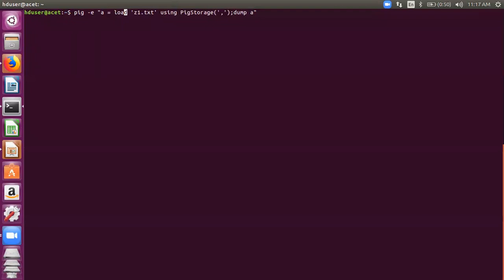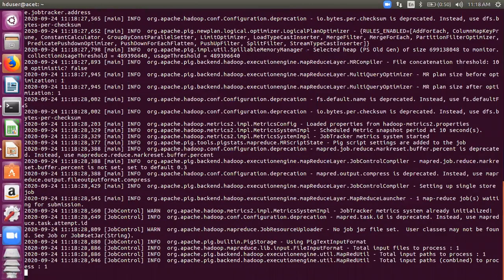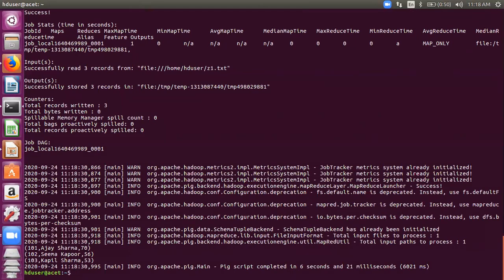But if I try to run it like this, it would give an error, as we saw in the previous lecture also, because pig without any options would take it to MapReduce and it would be looking for this file z1.txt in my distributed file system. And we have not activated the services, so it won't run. So we must write here pig -x local and then the rest of the command. -e would mean that you would give the list of commands in double quotes separated by semicolons. So let's run this. We'll see the same output here that we saw in the previous run. All right, the same output is there, you can see.